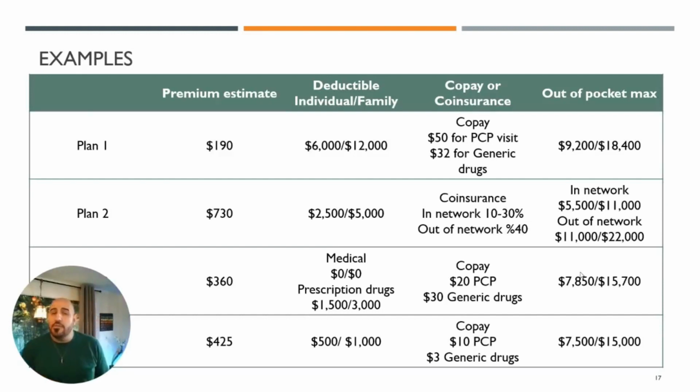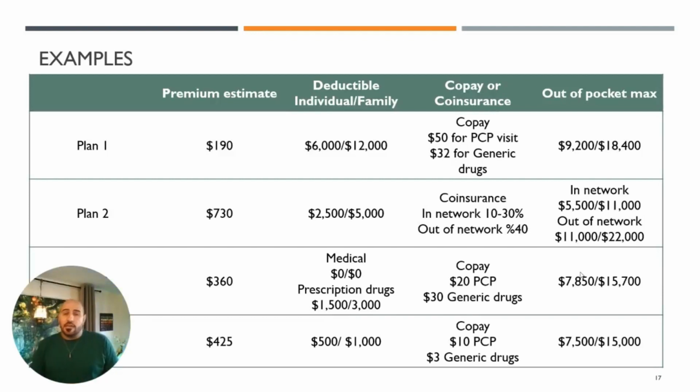It is a high premium, but the deductible is much lower. For medical, immediately, there's no deductible. It's zero. You start your copays and taking your prescription. But they have a prescription drugs deductible. So when you go to the doctor, they immediately start paying. You only pay $20 for the doctor, and they pay for the rest of the medical.